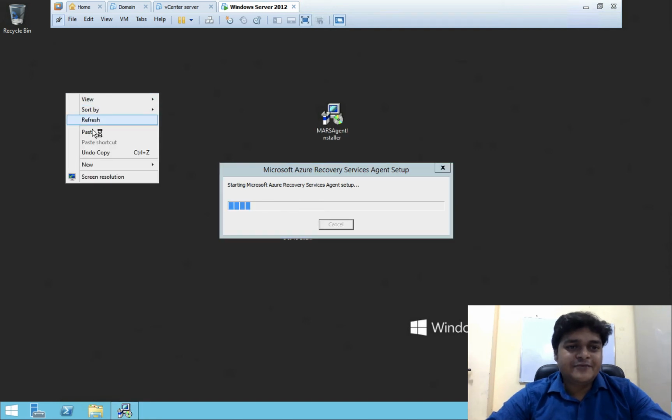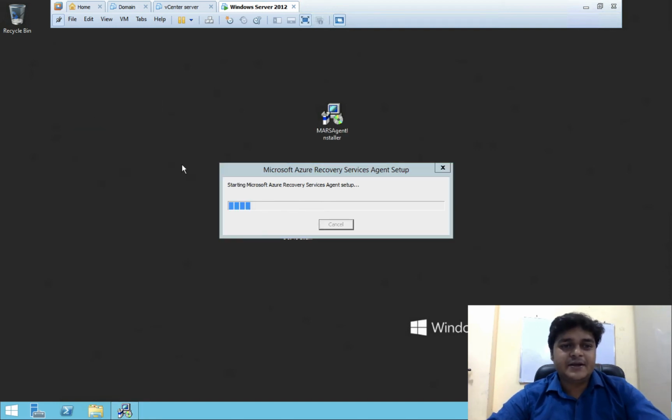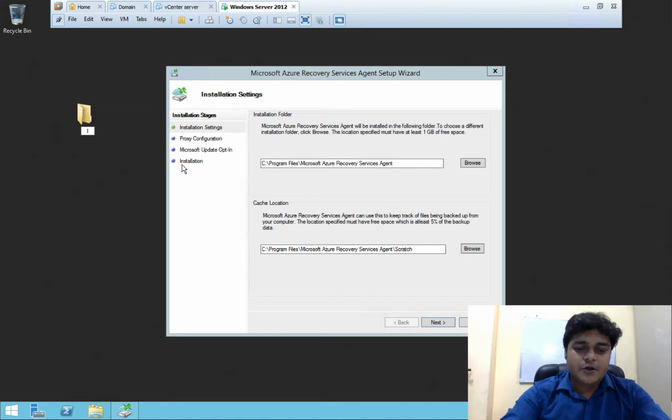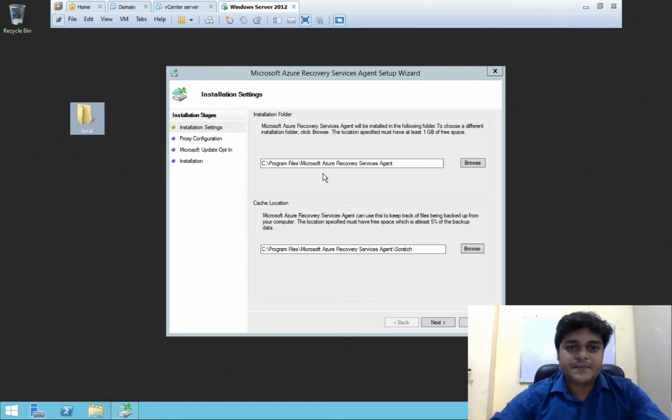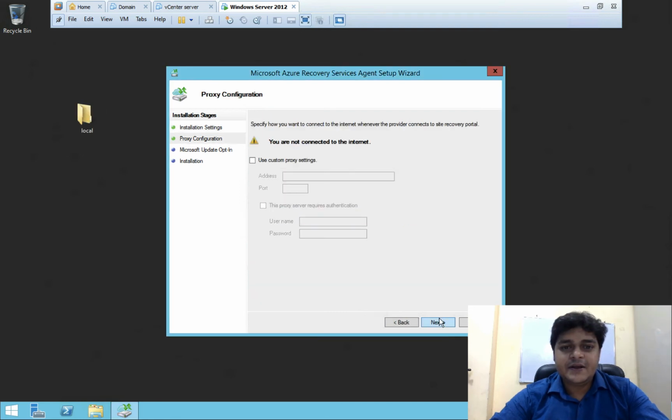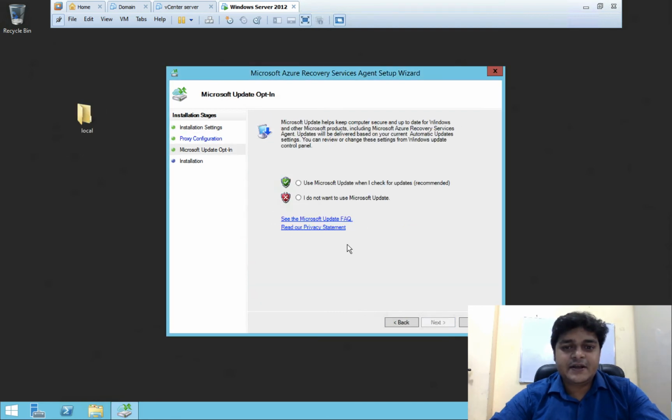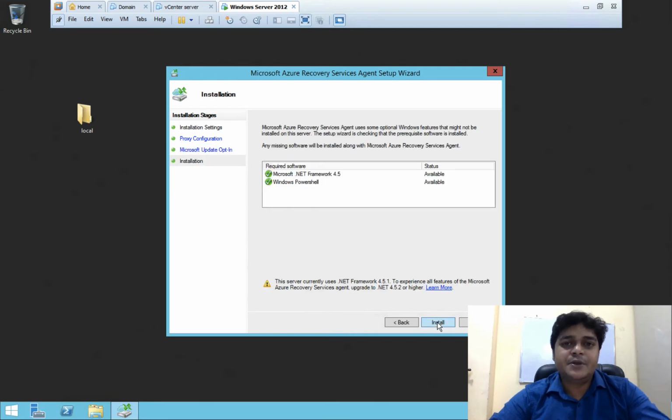Meanwhile, I'm going to create some file and folder to check the practical. So this is our local folder. No need to do anything here, just click next, next, next. No need to use update services. This is the prerequisite. If you want to install it, .NET Framework 4.5 and PowerShell should be working on your own on-premises machine.